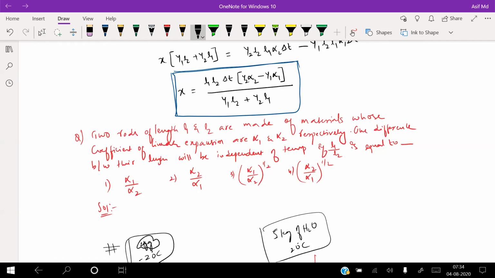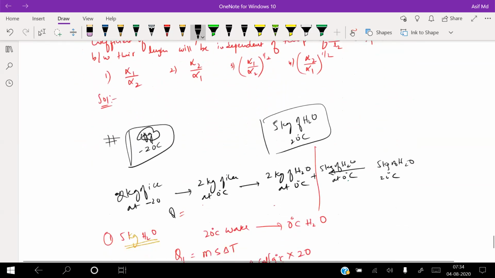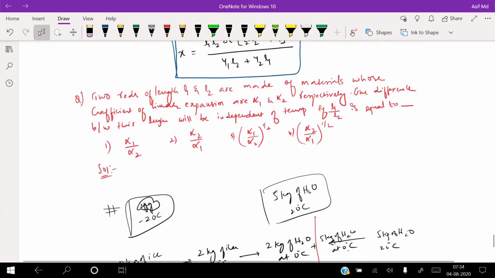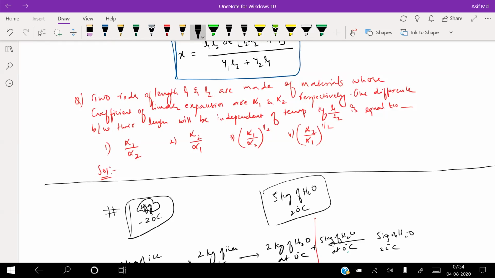What is the portion you tell me? I sent it to your phone, sir. Okay, before that, we'll try to complete this question, then we'll go to the next one. See this question better. Two rods of length. Read the question once. Let's see whether you are understanding the data, what exactly he has given for us.